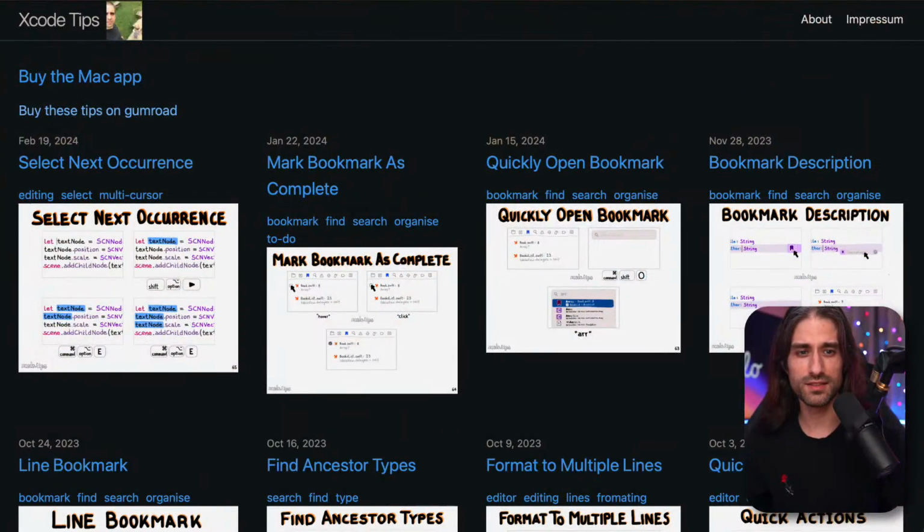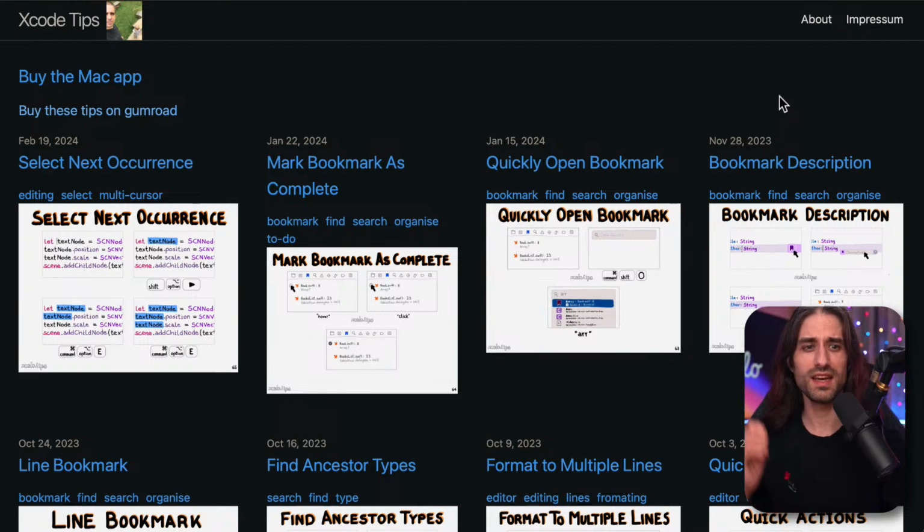this long list. So just like last time, we're going to use an external resource to have this list of 65 tips. We're going to use a website that is in the description if you want to check it out. I'm going to switch to it. The website is called xcode.tips. And it's a really great website because it curates, I don't know what's the right word, but it's a collection of 65 tips.